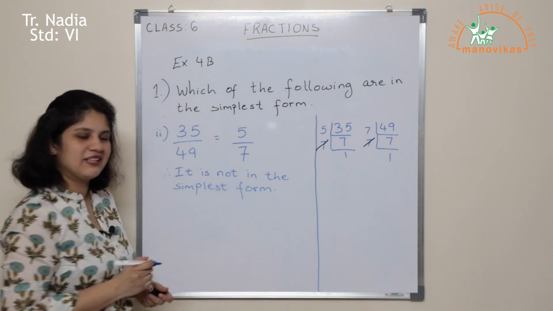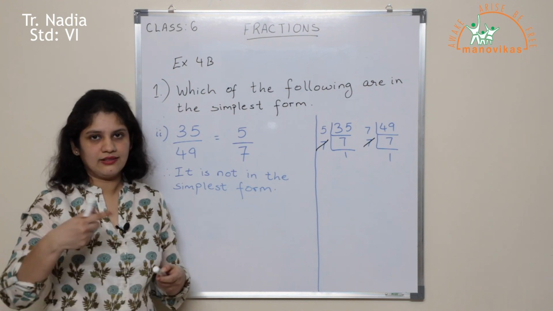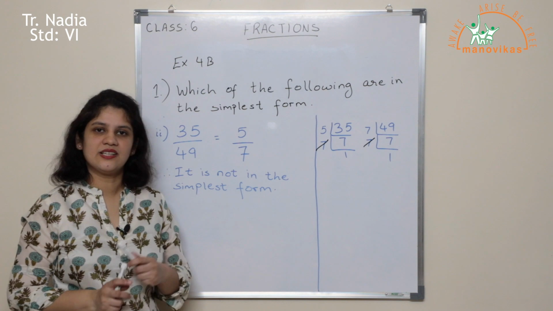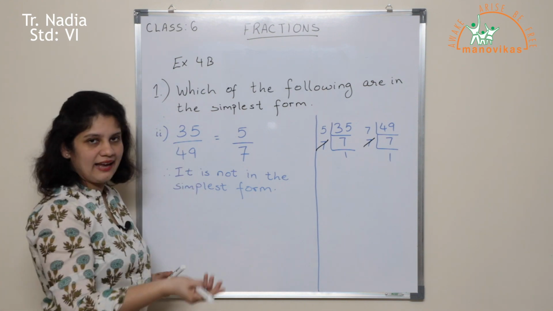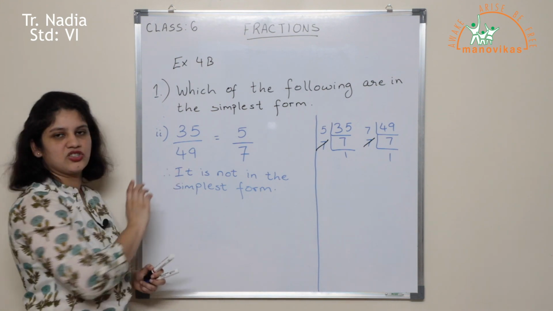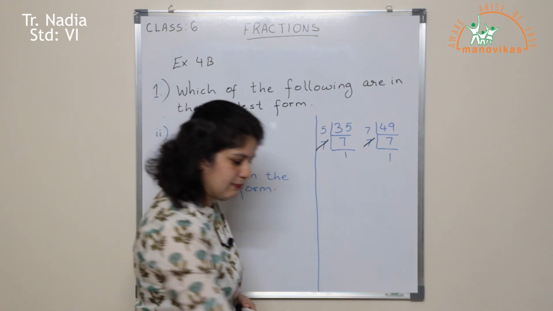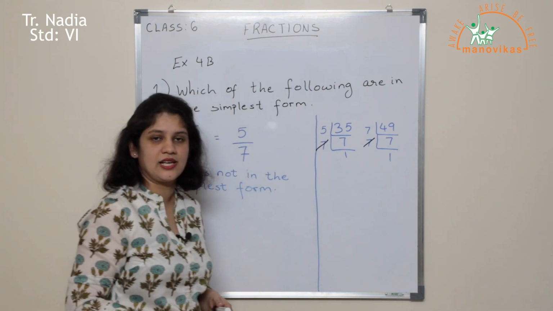Okay children, I hope it is clear to you all. If the fraction cannot be reduced and you will get the same answer back, that means it is in the simplest form. If you all can reduce and get a simpler answer, that means the original fraction was not in the simplest form. So, I hope you will be able to solve the rest of the sums from exercise 4b